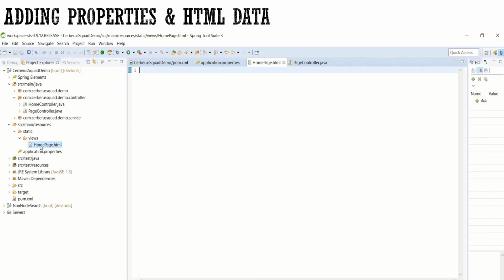In this, let's add some HTML code. Here the first one is doctype, then inside that HTML, then the body. Sorry, the body needs to be this.